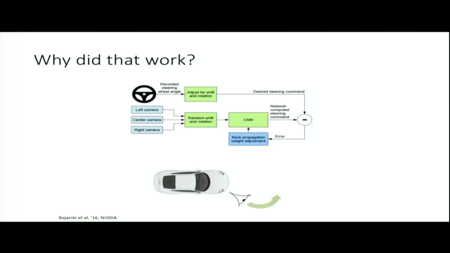So if you remember the picture from before with these compounding errors, what that means is that when the car starts drifting off the road in one direction, because it has this additional data of those left-facing or right-facing images that are labeled with the opposite steering angle, it'll have actually seen that data and it'll figure out that it needs to compensate. So in this simple environment where all you have to do is output the steering command, you can sort of fake this stabilization property by augmenting the data set just by catching those situations where you're a little to the left, a little to the right, and labeling them with the corresponding command.